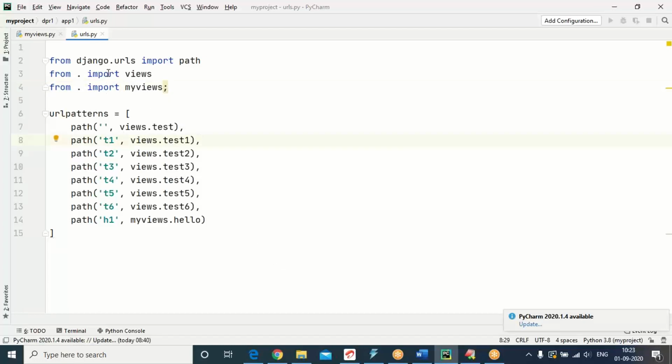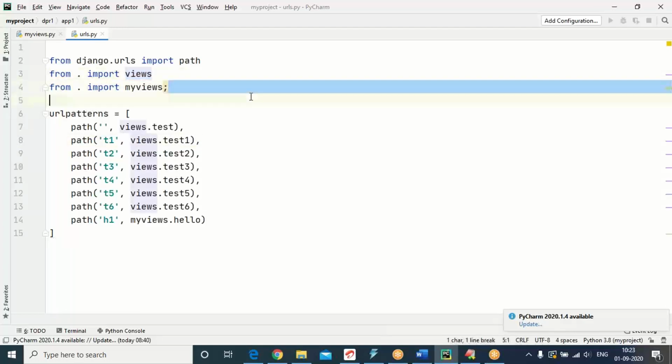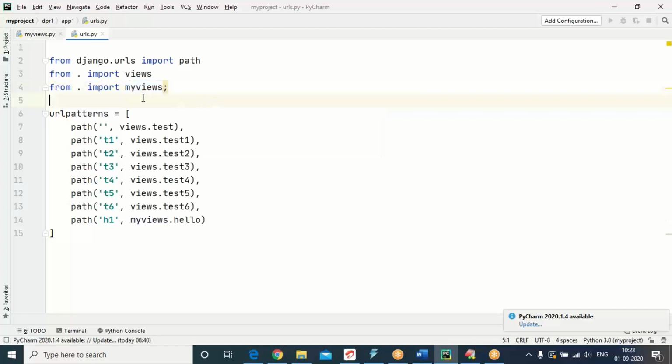In the previous section, we have used views, which is the default file. Now, I created our own file, my views. In my views, there is a hello function. That hello function is assigned to h1.